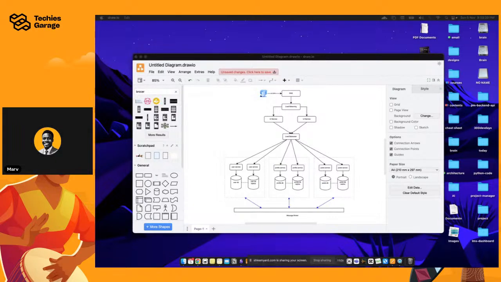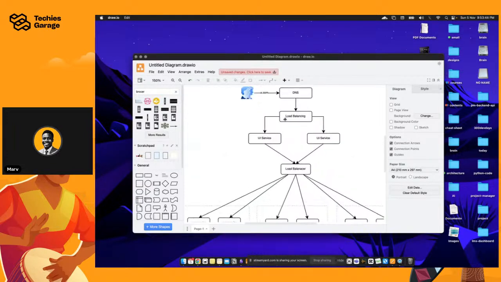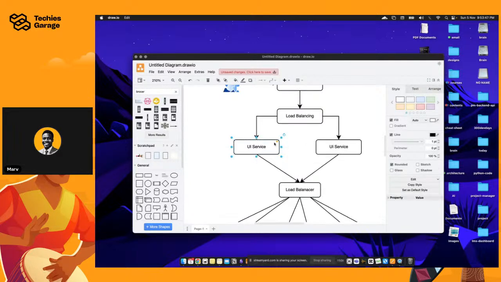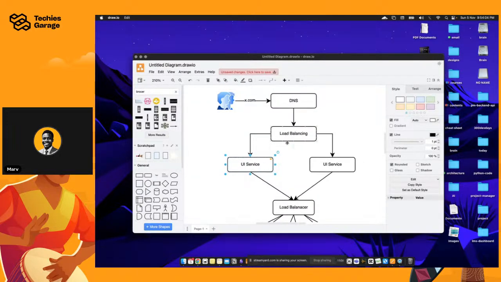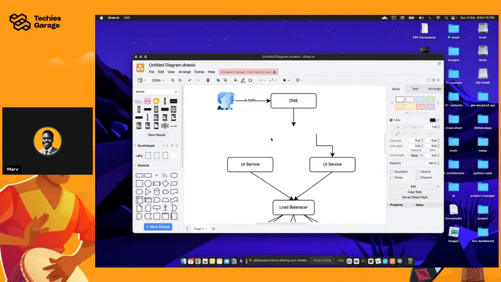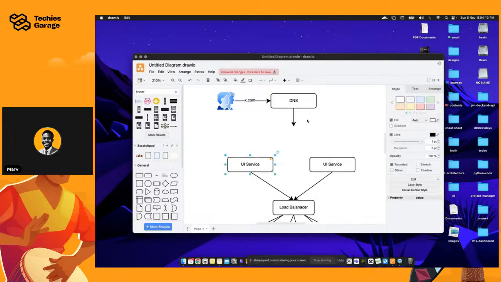Hi, Moses. Okay, so we need two load balancers for the front end, or the front end will come before the only load balancer. Oh yeah, that's what I just said earlier. So basically, you can have one UI service sitting on the server that can scale properly. On the server, you can set up some sort of scaling if you want to. You can basically do horizontal scaling here. So this is what I'm trying to say. If you know that you probably don't need this, what you just described is very fine.